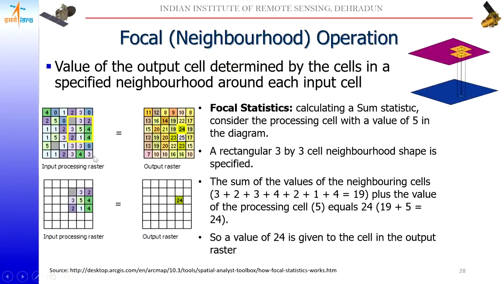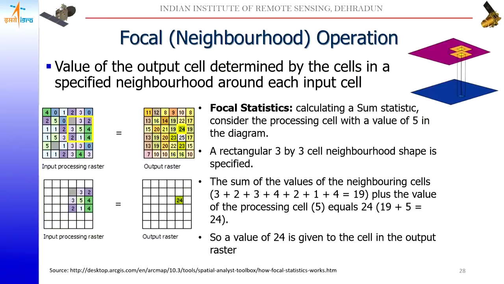So this is the input raster layer, and this is the output that is computed, but we are only considering this part of the input, which we have put below the input layer. You can see that the values are 3, 2, 3, 5, 4, 2, 1, 5, 4, and we are computing the sum for pixel number 5. So here we are taking the window as 3 by 3.